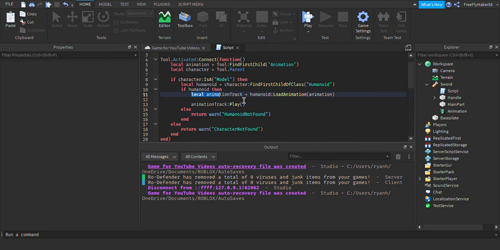Now we'll use this animation from before. So local animation track equals humanoid. Now we're loading the animation into this animation right here. And what this does is it makes it a track, so it's playable and all that stuff. Now we can do animation track play. So now it should play it. We go down here,